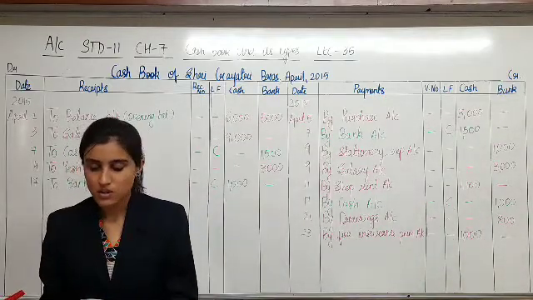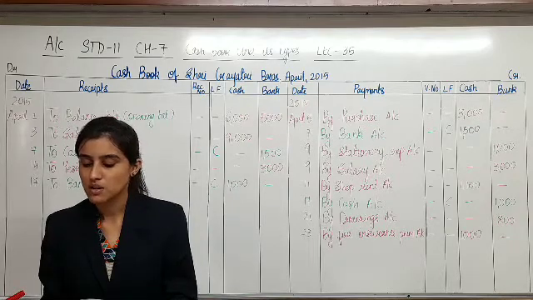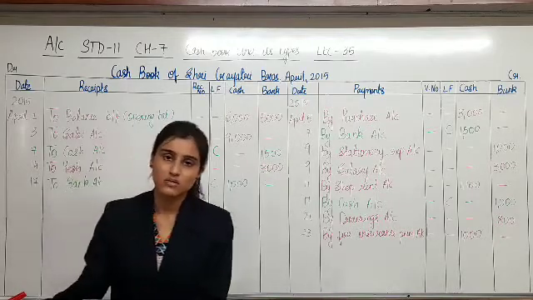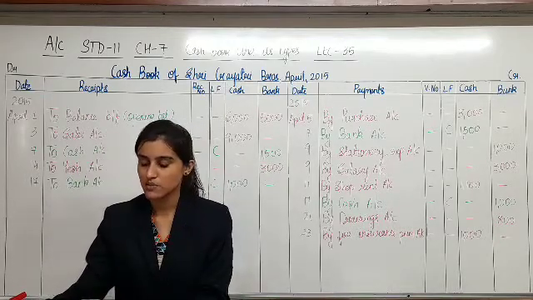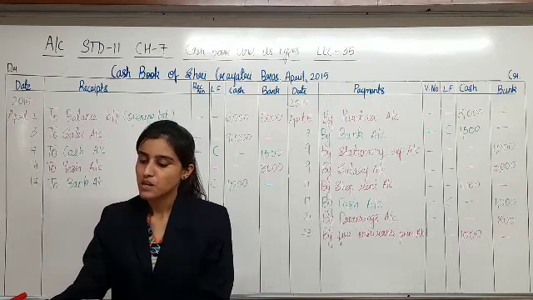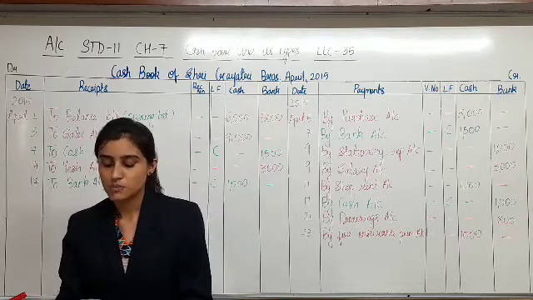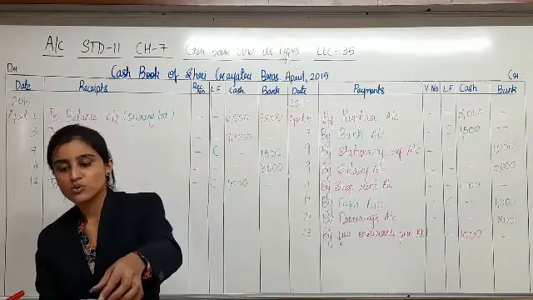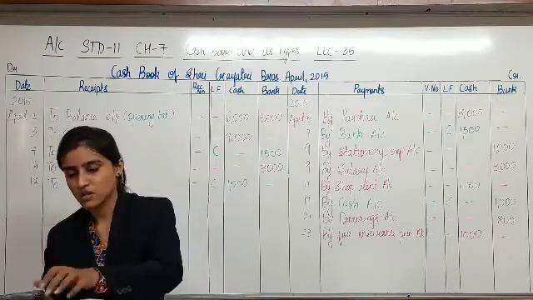27th of April, placed an order with Akbar Bhai for supply of goods of rupees 5000. Now this is a non-financial transaction, nothing to clarify with this. Yeah. So this will not be recorded. The only thing which is left is of total. तो total का जो process है वो same ही रहेगा.